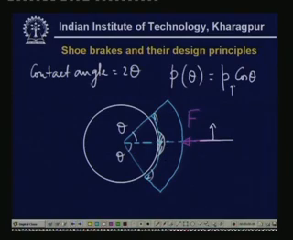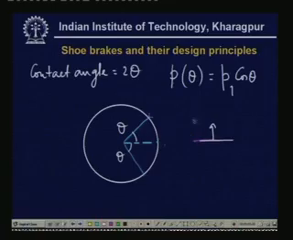Now that is very easily seen that at theta equal to 0 it is maximum, P1, and at theta equal to some level here it is a little lower. So if you schematically represent the pressure distribution, it looks somewhere here. So the pressure distribution is